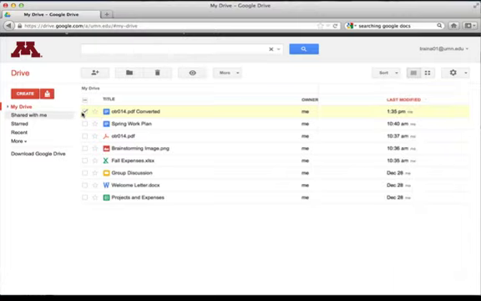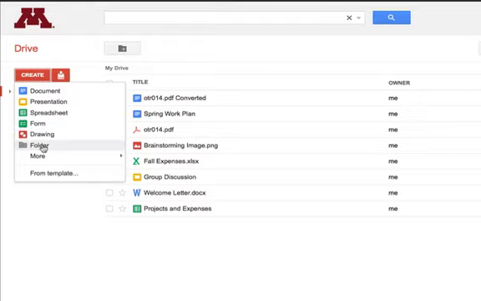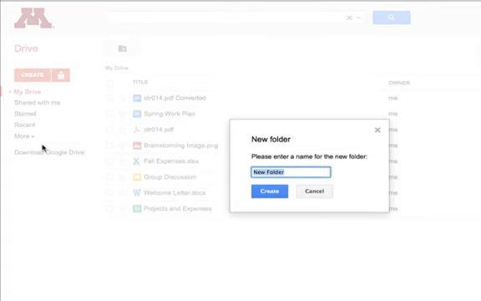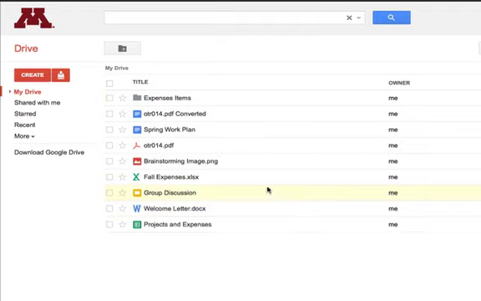After you've been using Google Drive for a while, you may find a lot of documents and it becomes a little bit more difficult to find things. You can organize them by placing them into folders. From the Create button, there is a folder icon. And you can click on the Create button after giving it a name, and you'll see the folder listed in